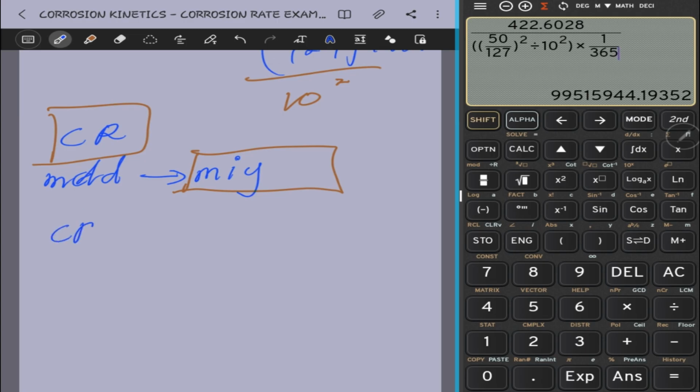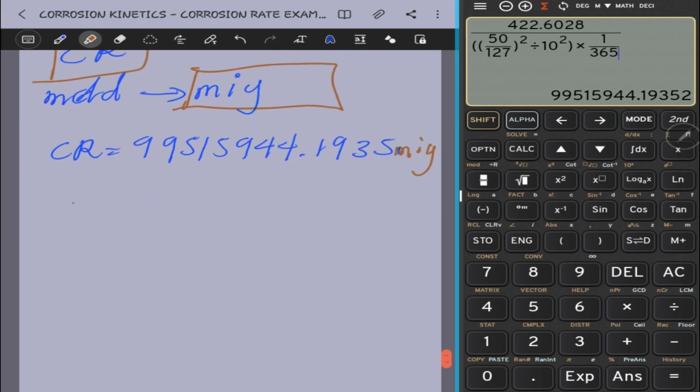Corrosion rate. So we have 0.1935, and the unit is this MIY that we've written, right? It makes it easy for us to just divide by the density for us to get the IPY, right? So that's MIY, right? So for us to get the corrosion penetration rate,